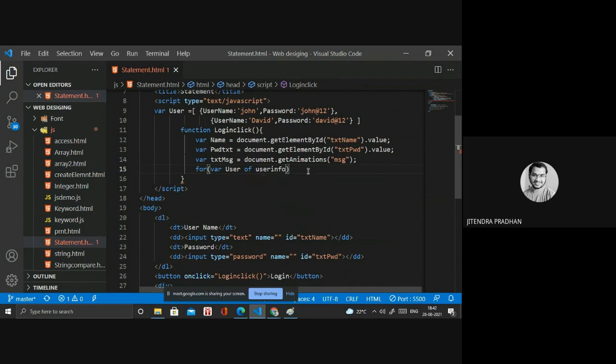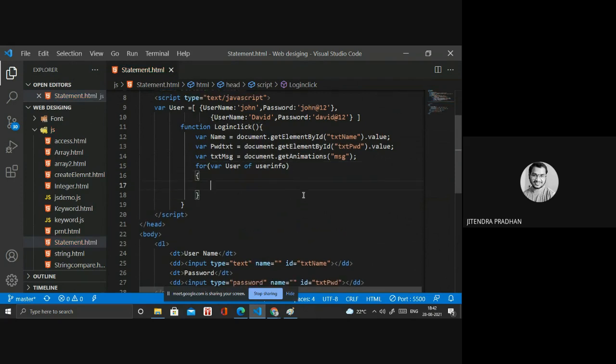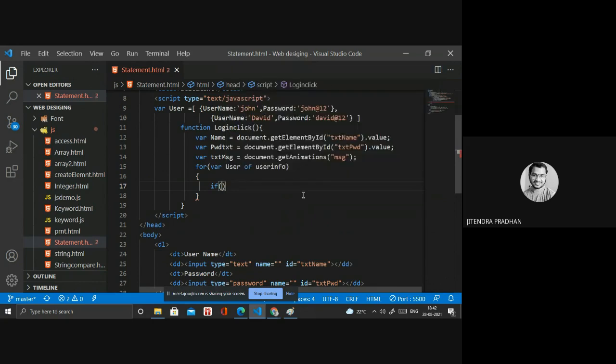Okay, user of user info. I will write inside that. Next I need to write a condition inside that. If user, sorry, it's username, user info dot